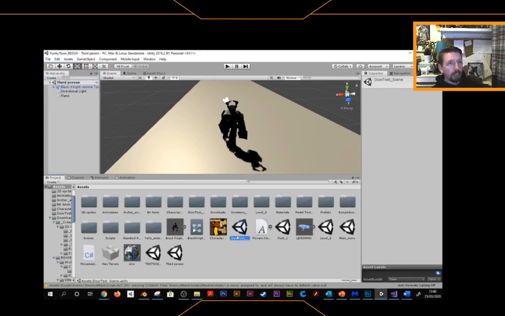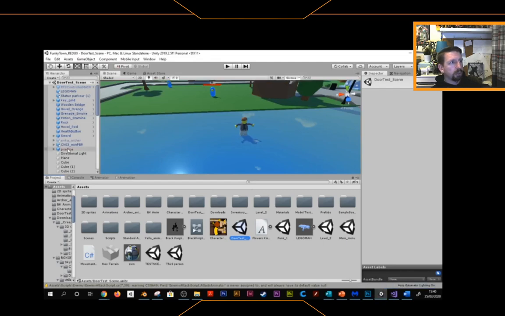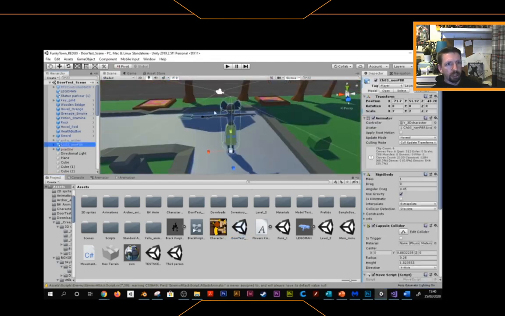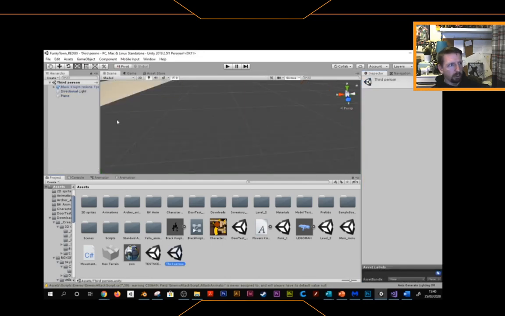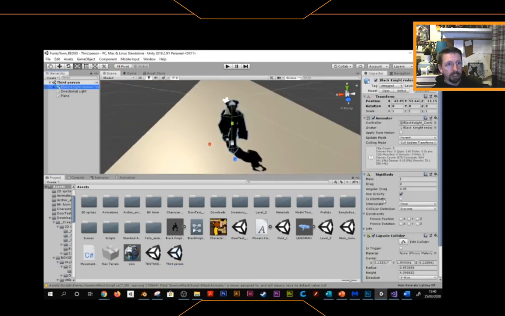Save the scene first. Very quickly, just checking the constraints on the rigid body, and you will see that my rotations are all locked. I'm running that through the script, so I don't need the rigid body to do anything more for me. I just need it to be on there. So into the rigid body, into your constraints, freeze the rotation on X, Y, and Z, and you will be fine. This will now not fall into the floor,